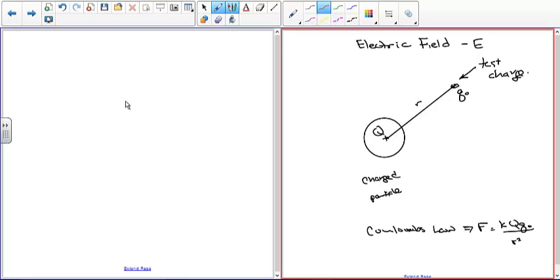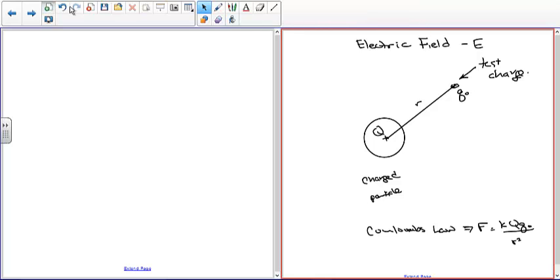So if you look at this scenario where you have a charged particle, and from this you're trying to figure out what the electric field is at some point, we calculate the force between this big charge value and this infinitesimally small charged particle, and then we define the electric field